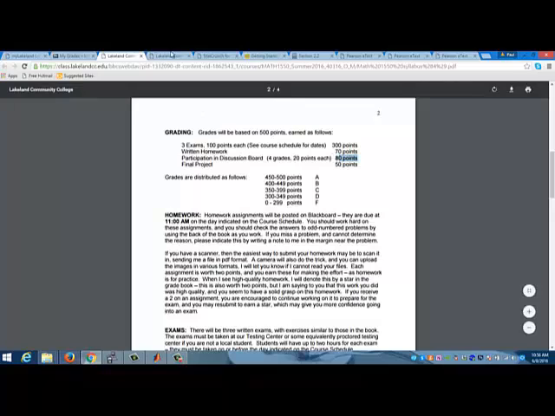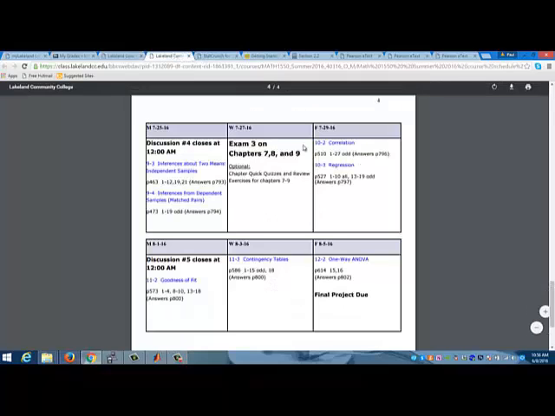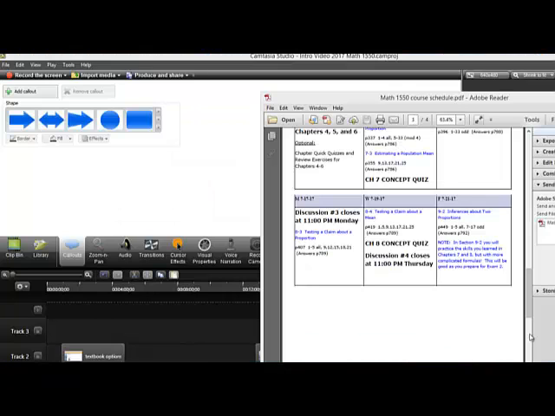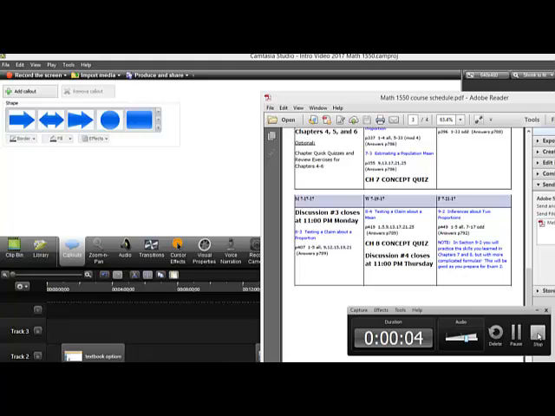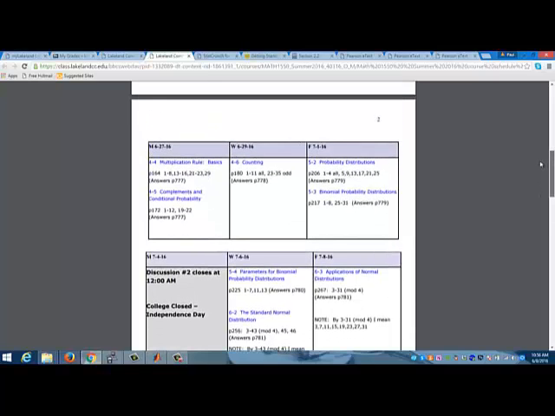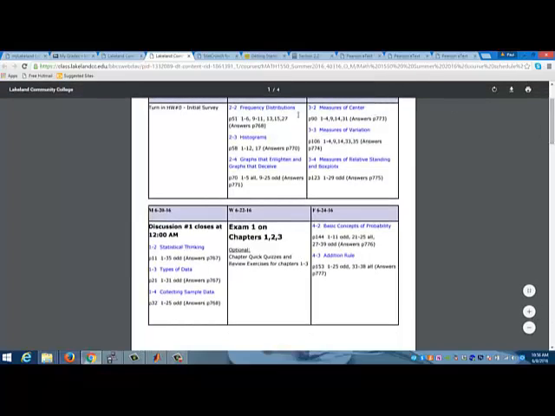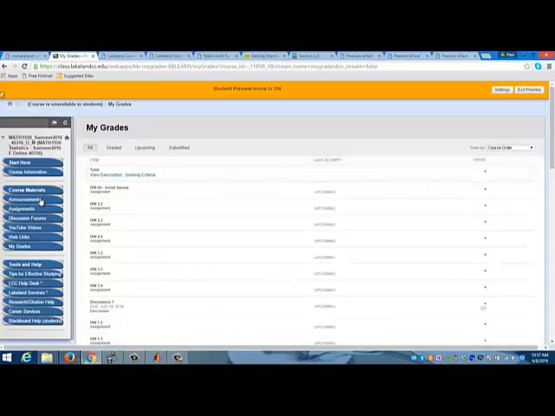If you look on the course schedule, you'll notice that there are 5 different discussions. I say they close at 11 p.m. on a given day. But ideally what you're going to do is, for example, in our first week here, you'll be looking at discussion number 1. And let me show you what that looks like on Blackboard. So if I click on the Discussion Forums tab here,